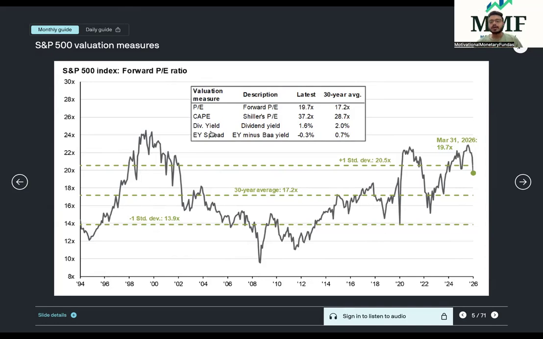So, for example, if the EPS of the company in the past 12 months has grown by 10%, again, this is a hypothetical example, and inflation has risen by 3%, then 10% minus 3% is my inflation adjusted EPS. And the same I can do in terms of numbers also.